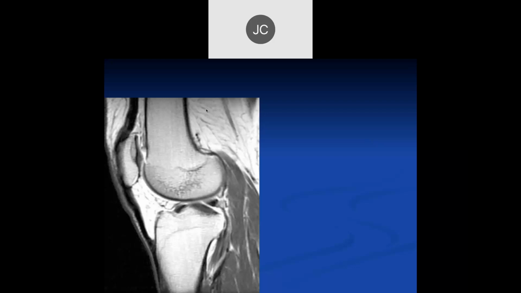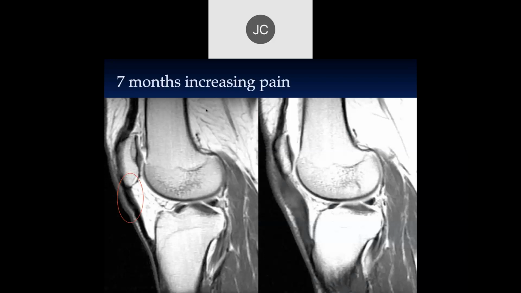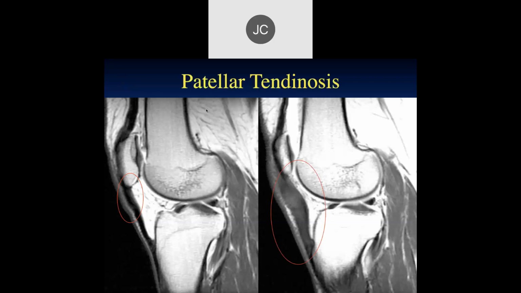Looking at the patellar tendon, it looks like there's some mild thickening proximally. It's kind of subtle, with a little increased signal intensity. The patient now has increasing pain, and 7 months later, this is what the image looked like. Now that's diffusely thickened and increased in signal. So pretty extensive tendinosis. That's patellar tendinosis, and it's common in ligaments and tendons throughout the